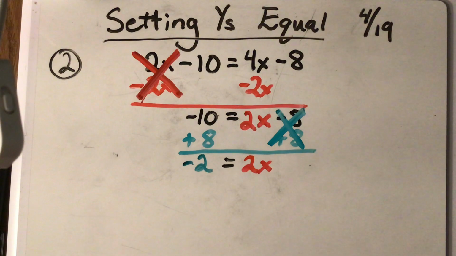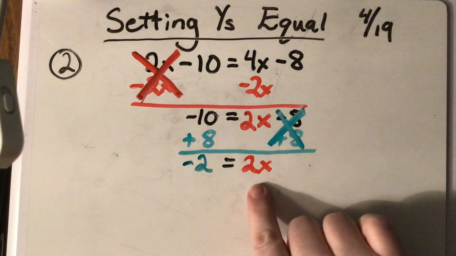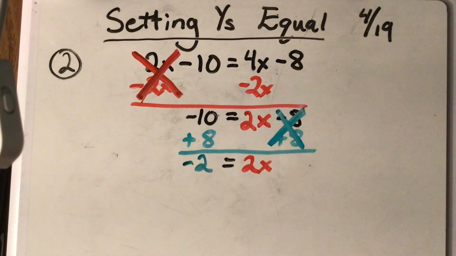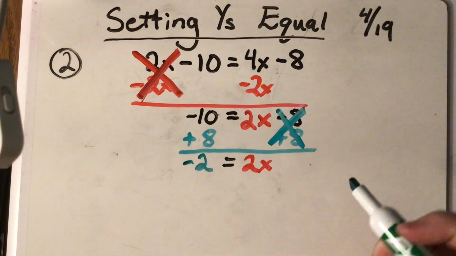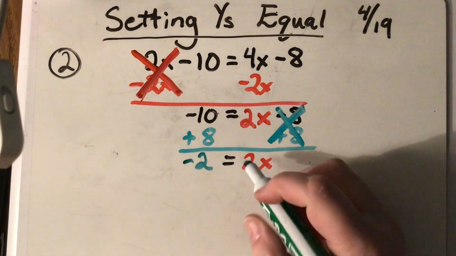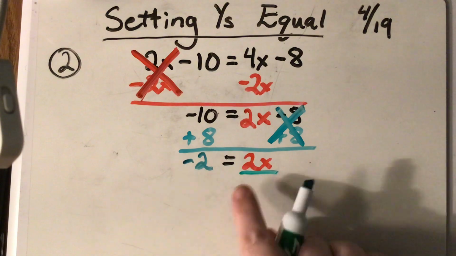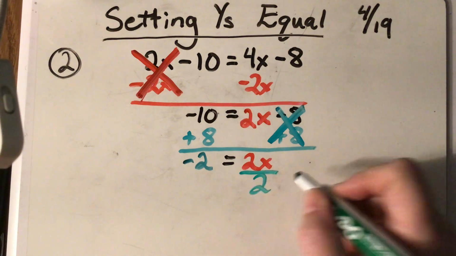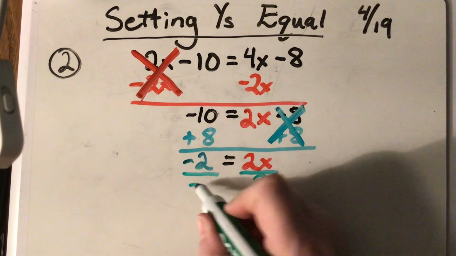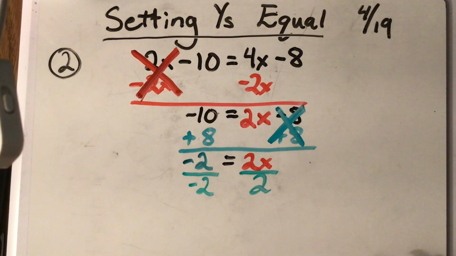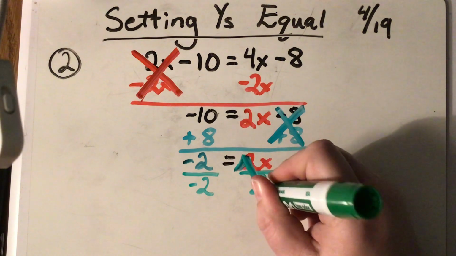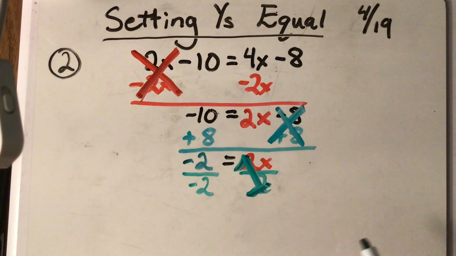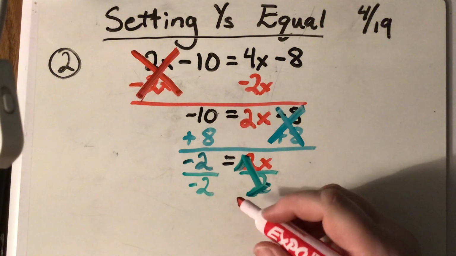Okay, so now I've got my 2x here. I got to get that x gone. So what am I going to do? I have to get rid of the 2. These guys are being multiplied, so the opposite is division. So we're going to divide by that number, 2. Divide by 2. Oh, now these two colors are too close. Oh, well. Okay, these two numbers together, they make a big giant 1. So now I'm left with my 1x,